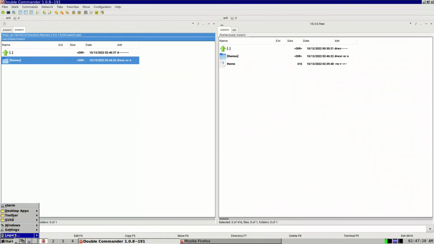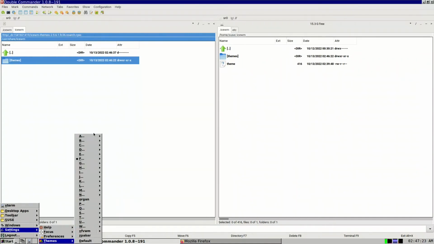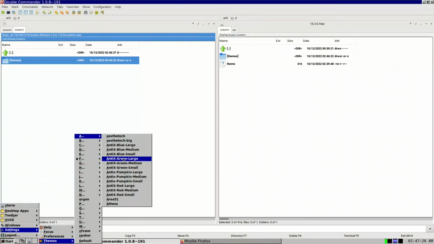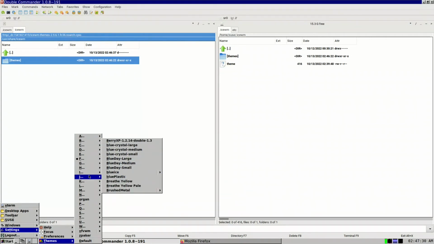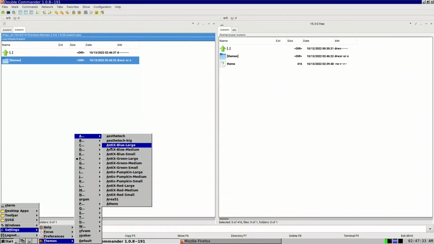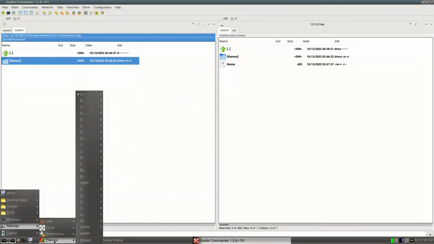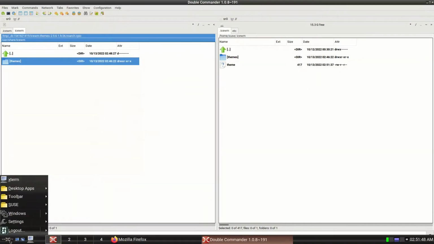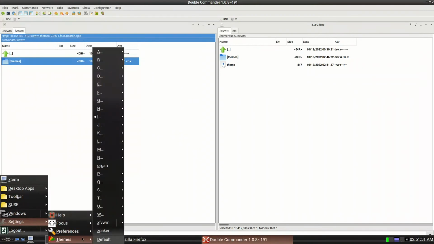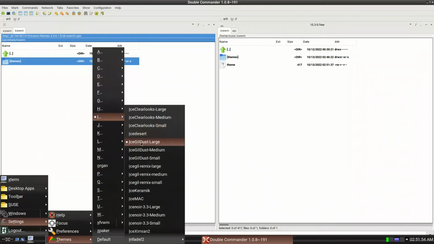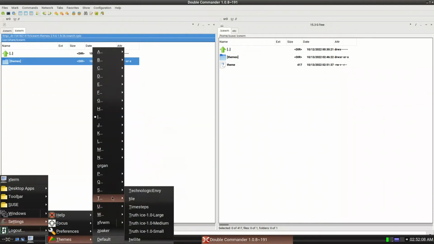We come here, start, settings, themes, and if you notice here, we have now all the new themes. We have the Antix themes. We have also, if we want, we can pick, let's say, the Antix blue medium. It is not bad. It's better than the others. Okay, so I picked this theme, which is IceGuild Dust Large, because I wanted you to see the menu. That's why you can choose medium for your browsing, but I chose the large one. So if you notice, we have a lot of themes now. We took the one from